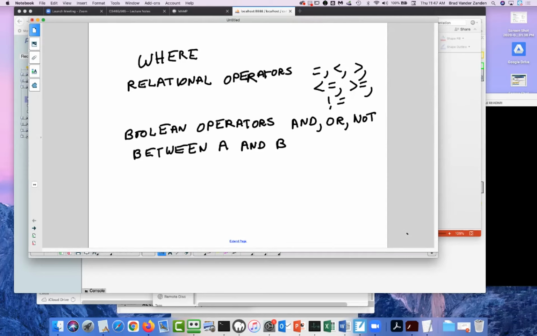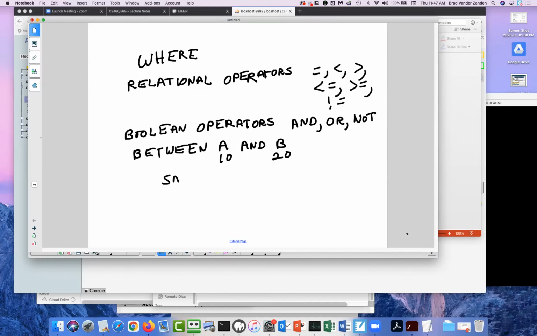So if you say, for example, between 10 and 20, you will get tuples that have the values 10 and 20. So this is easier than writing,